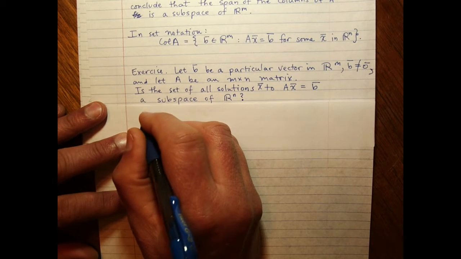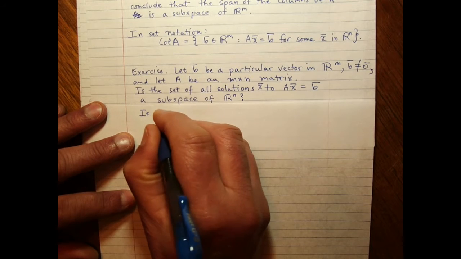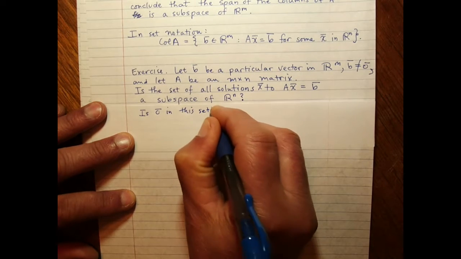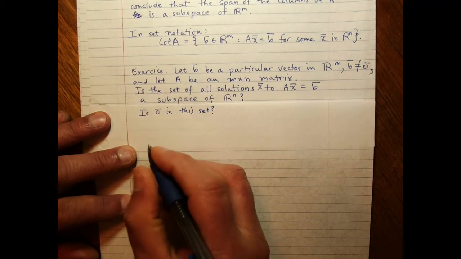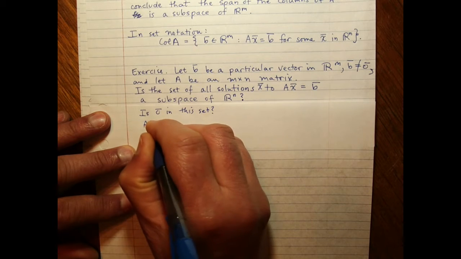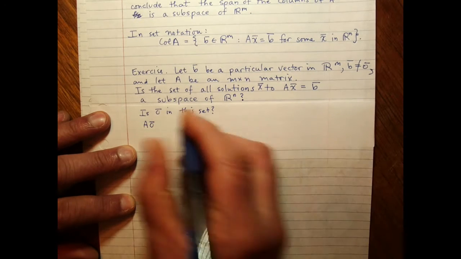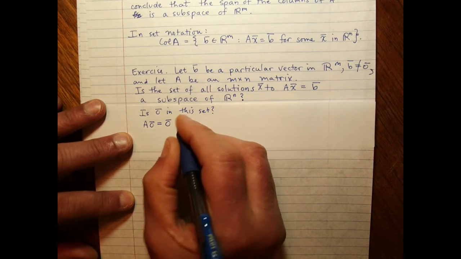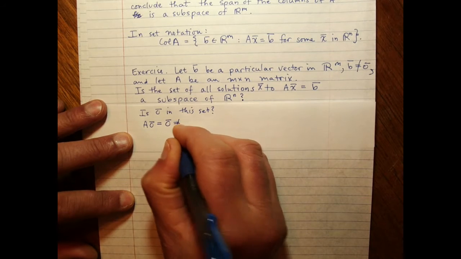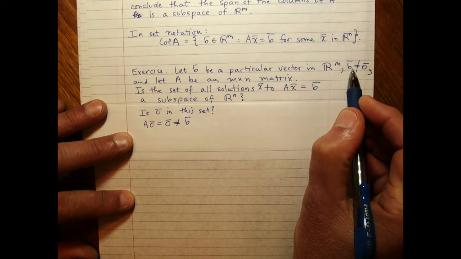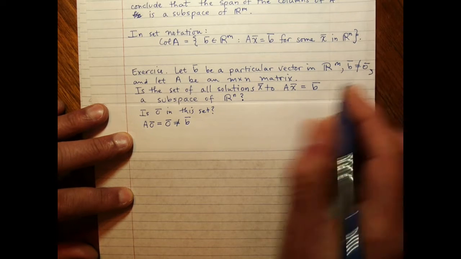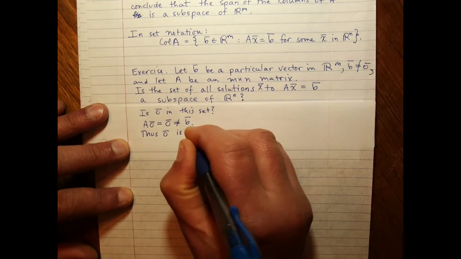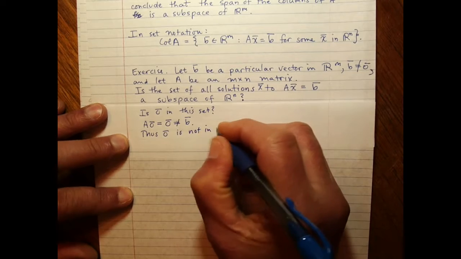First we want to verify: is the zero vector in this set? If it were, then when we take A times 0, we'd have to get b. But A times 0 is going to be a zero vector, and that is not equal to b because we chose b to not be 0 to begin with. So thus 0 is not in this set,